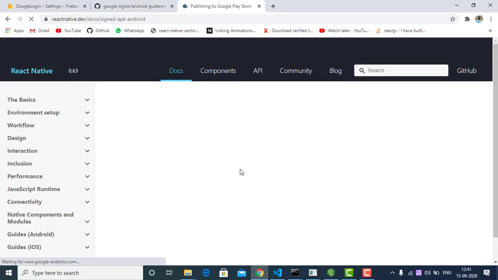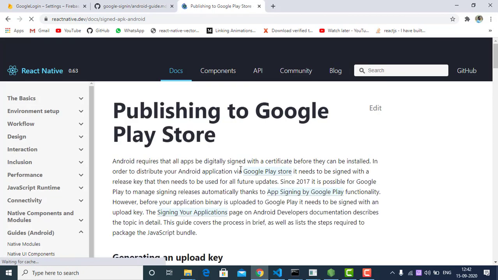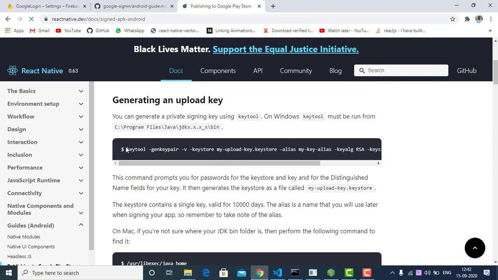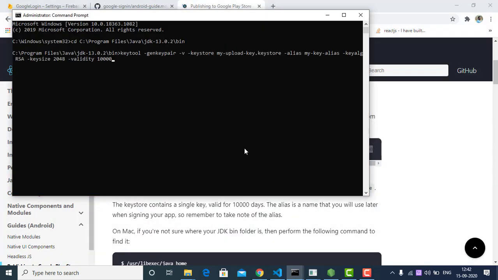And here we will find a command to generate a signed APK. I will copy this command, and it will generate a keystore file. You can use it for a release APK, and also you have to use it for Google signing.